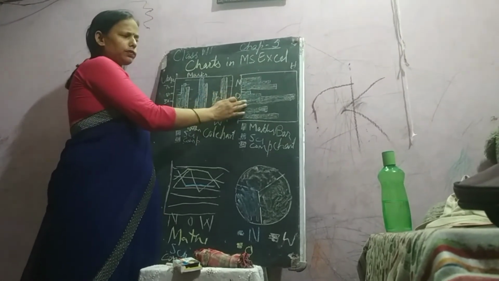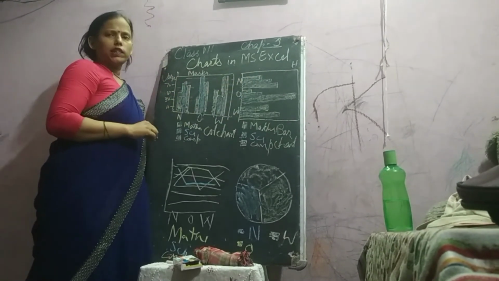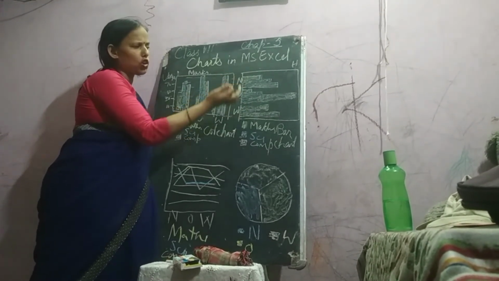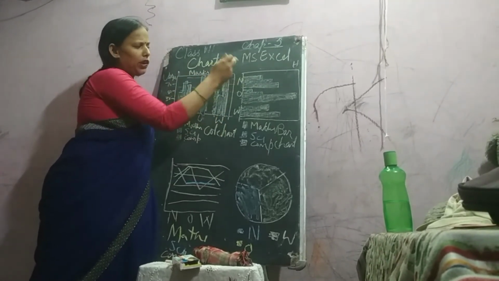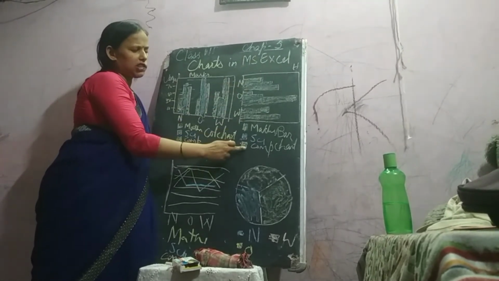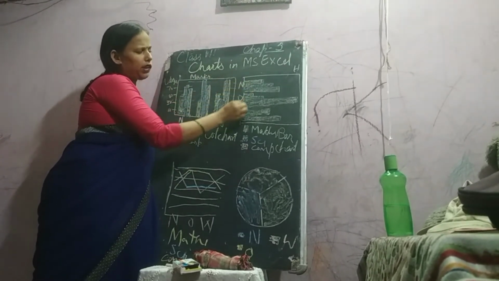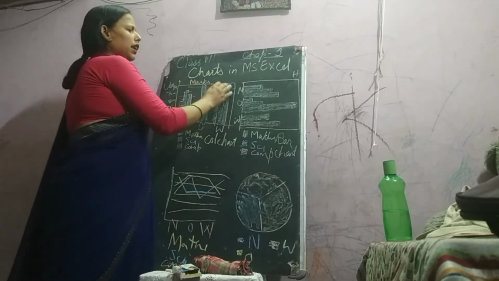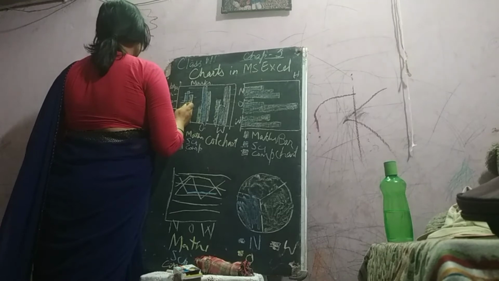This type of chart will be in horizontal lines. The data will be displayed on the horizontal line. It has also got the same function. It will also compare the marks between the different students. Yellow indicates maths, blue indicates science, and this skin color indicates computer. Now we are comparing here. So it is also used for comparing, but both are similar. The difference is that it will be in horizontal line and this is in vertical line.